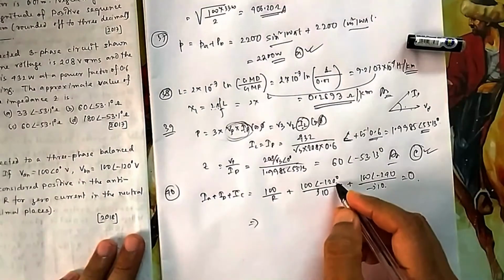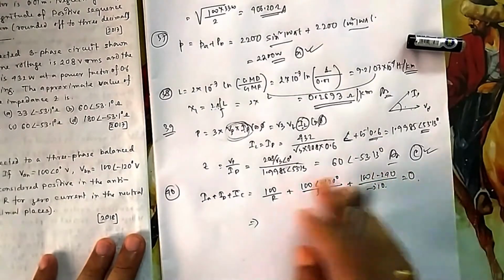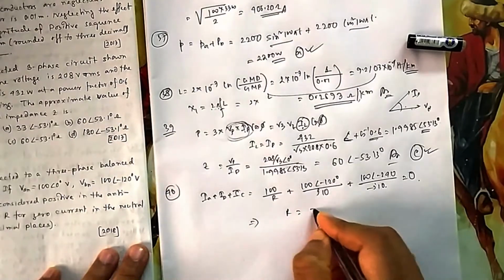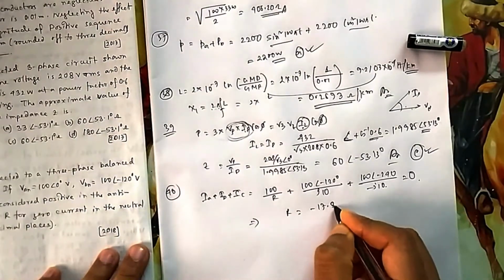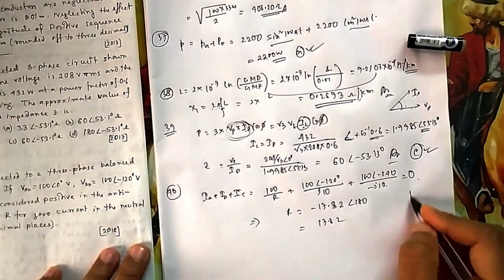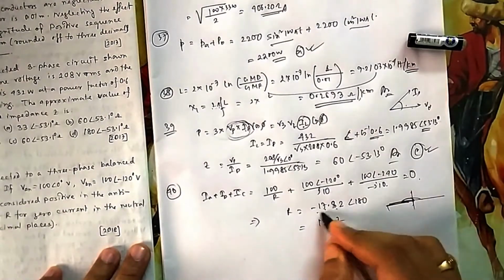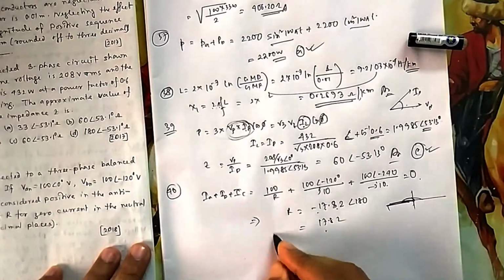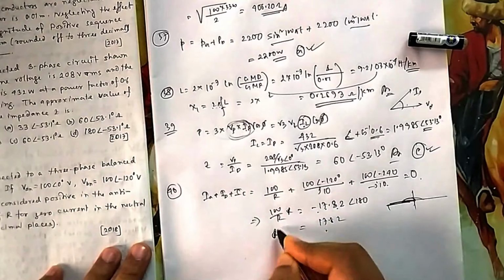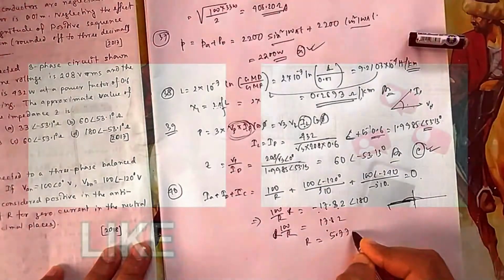J10 is angle 90, so 90 will be subtracted, and then you change from real to imaginary, exchange the sides. Final answer you will get R is equal to something of this format. You can get 17.32 at an angle of 180, which is nothing but minus 17.32. 180 means here complex number, here it means it is negative number, so negative of minus 17, that is positive you will get. So this one will be 100 by R, you will get something of this fashion. So R you will get it 5.770.